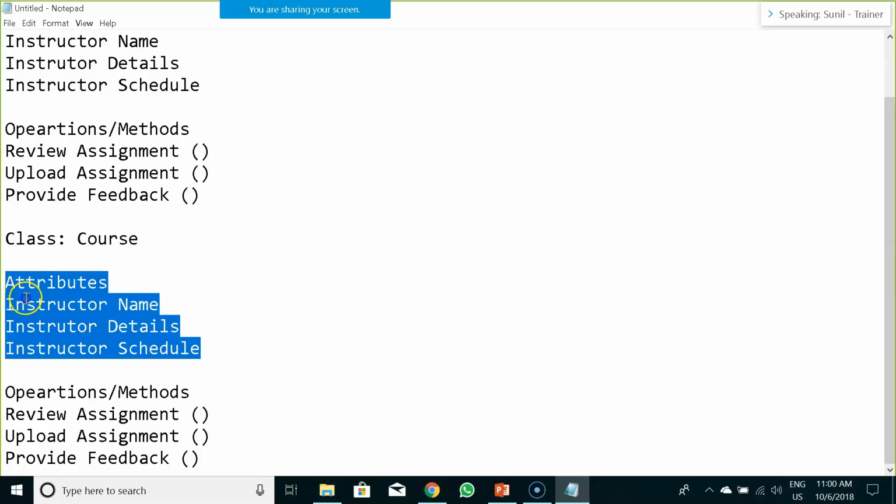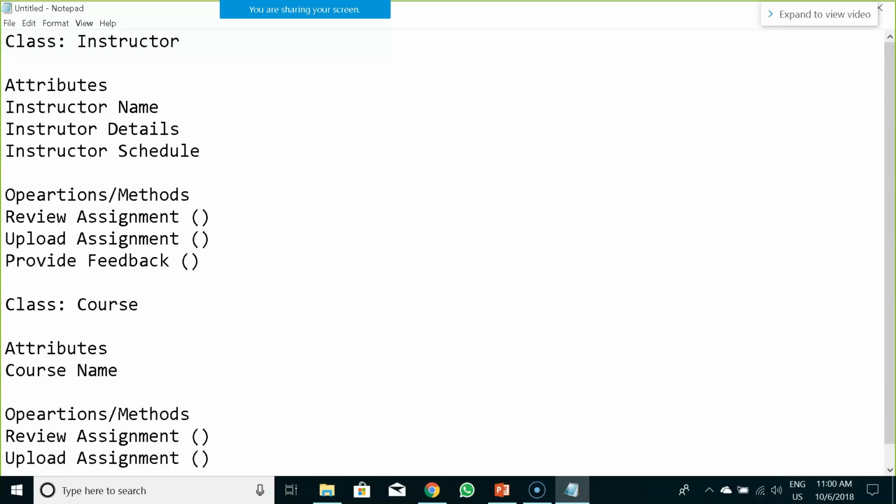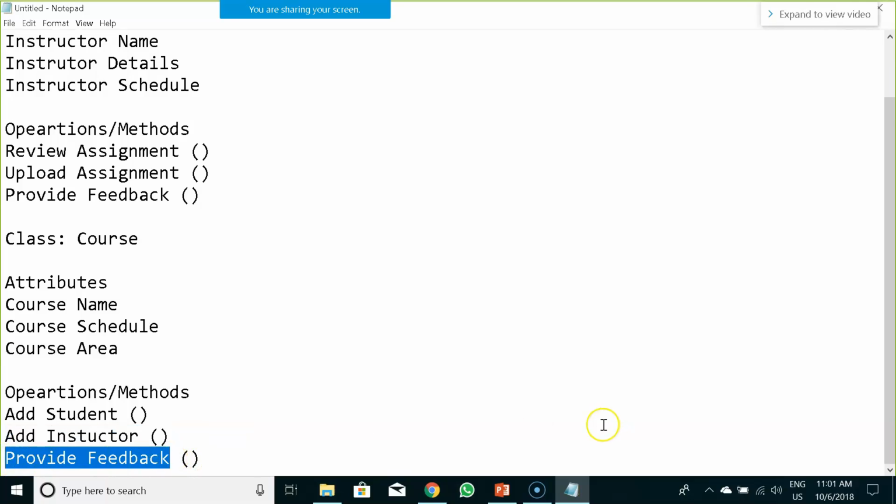Class course would have attributes like course name, course schedule, course area, and then it would have operations like add student, add instructor, add schedule.